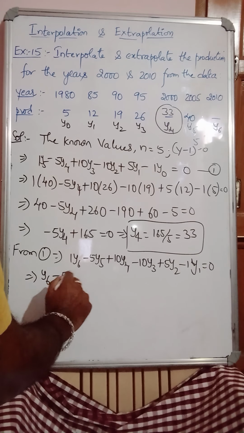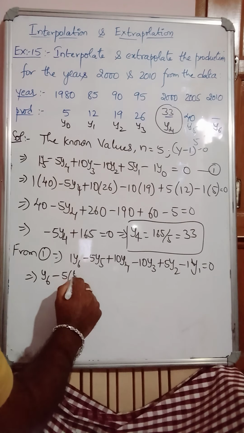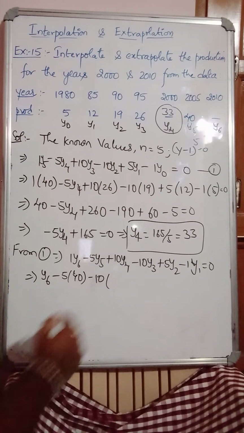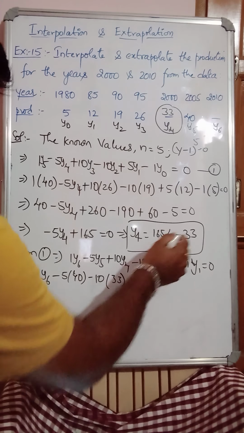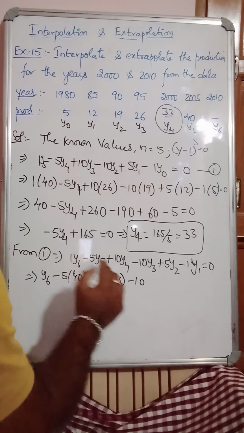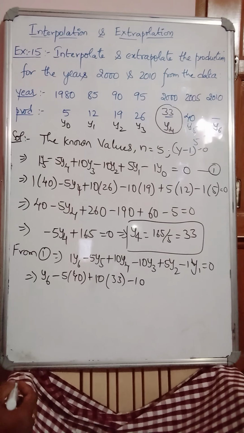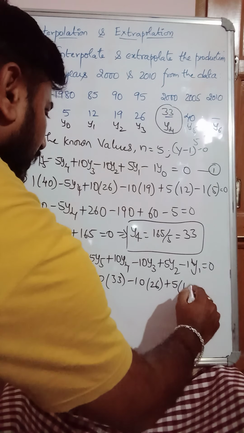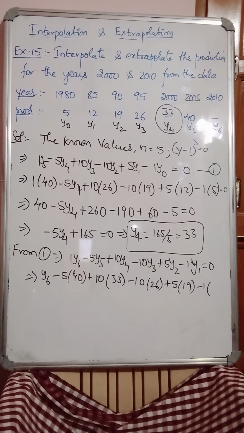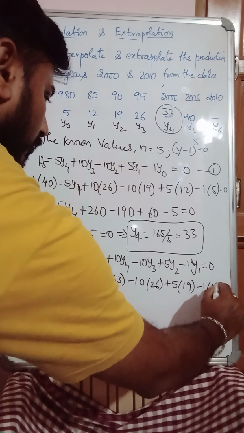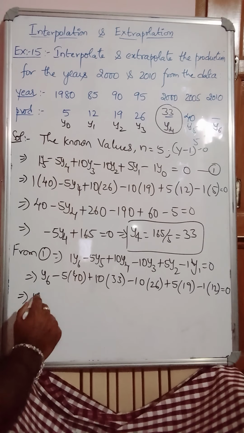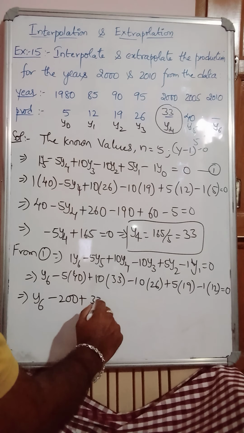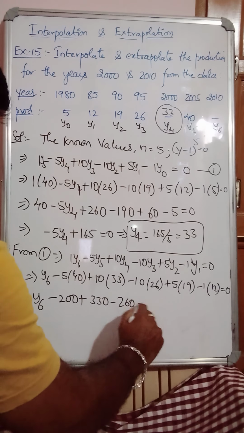So y6 minus 5 into, what is the y5 value? 40, plus 10 into y4 is 33, which we have estimated just now, minus 10 into y3 is 26, plus 5 into y2 is 19, minus 1 into y1 is 12. Therefore y6 minus 5 4s are 20, 200, plus 10 33s is 330, minus 260, plus